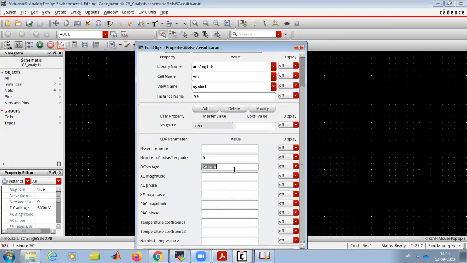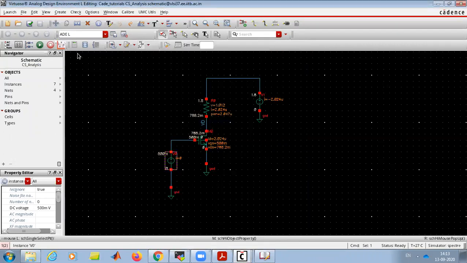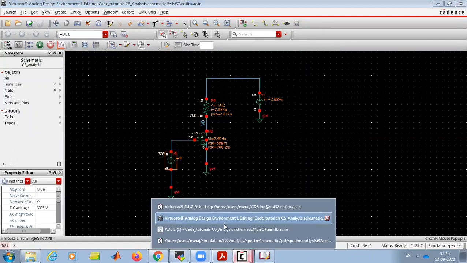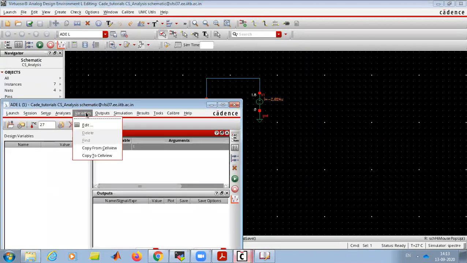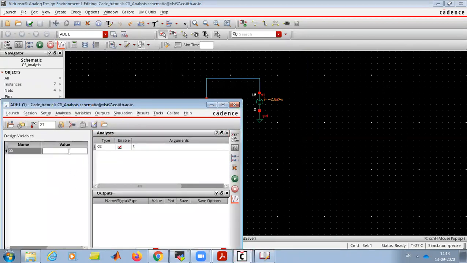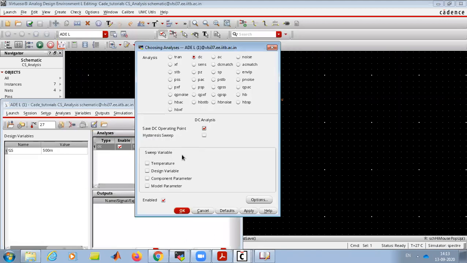we will just replace this by VGS. We will add a variable, check and save. Now copy the variable from cell view. The VGS for now we have kept at 0.5. There is an option of sweep.